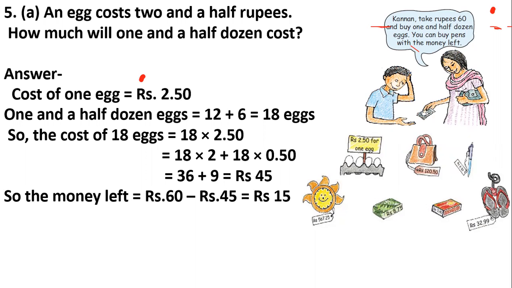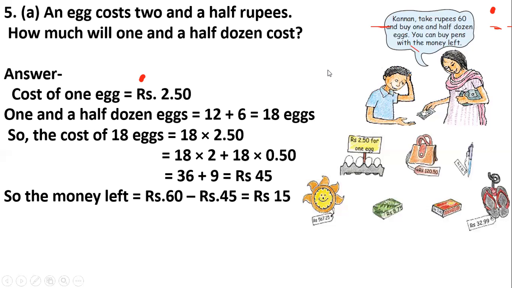See, if you really want to learn this topic, then don't depend on my class. You take some money, go along with your parent to a small kirana store. Don't go to supermarkets. Buy 3 to 4 items, ask the price and pay on your own. Then you will get the calculation. Buy a chocolate, not 1 rupee, but 2 rupee 50 paise or 50 paise chocolates. Then how much you have to give, then you will learn mathematics.